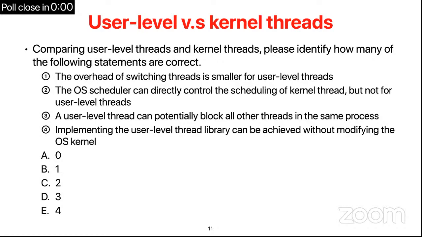I remember reading somewhere that the thread library can be achieved without modifying the kernel. So thinking about that, if you are doing something at user level, you definitely don't have to modify the kernel, and that's the spirit of Mach. So if you choose not to have a thread abstraction in your kernel, then it doesn't have to go through the kernel. It's just a feature that you provide by your library.